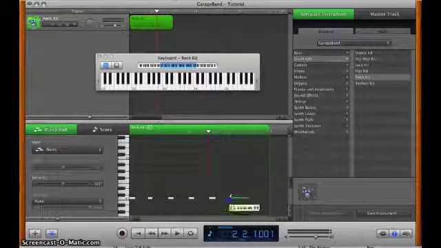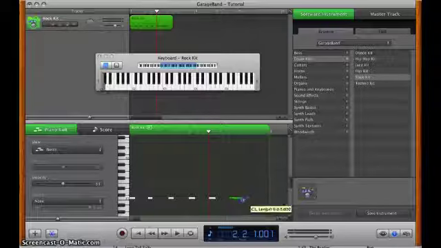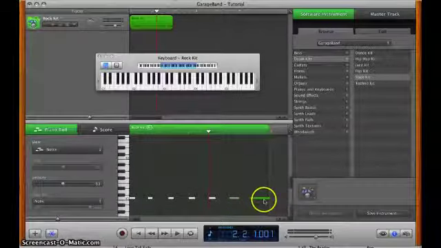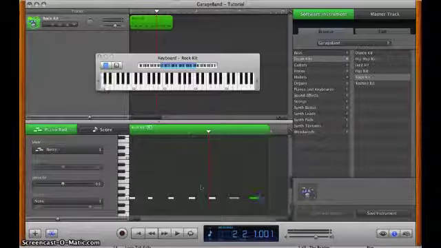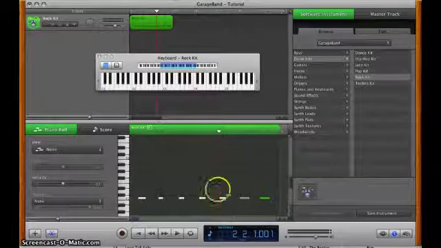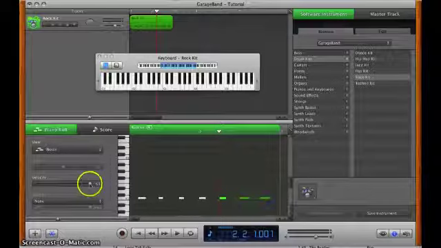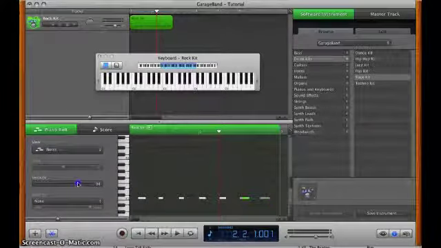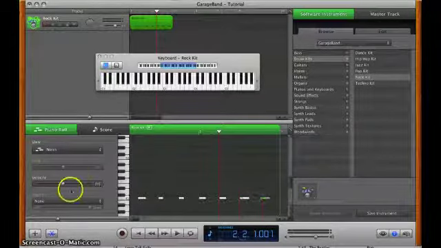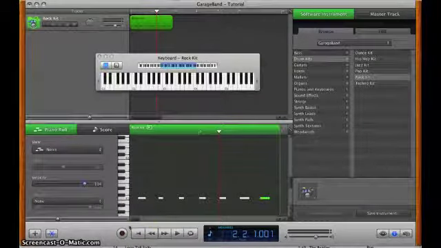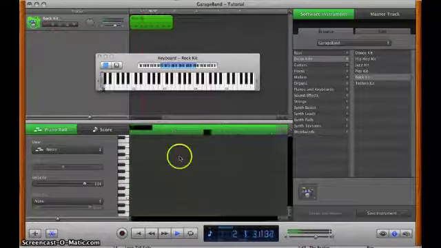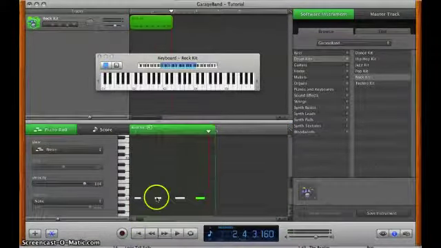If you missed hits, you can add more in just by holding down Option and clicking. That gives you that little pencil. And then you can change the length of the notes that you've added in, and their velocity if they're not consistent enough with the other hits. You can make it so that from these very simple little recordings you can actually have a more defined part developed. See, now I've got this solid kick drum which stays in time with the tempo of the track and